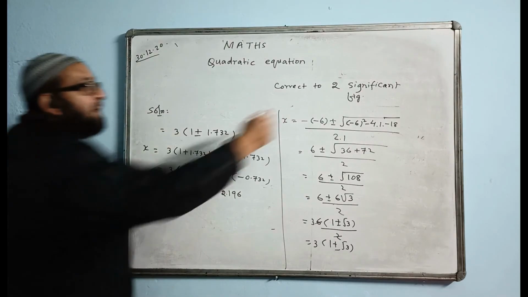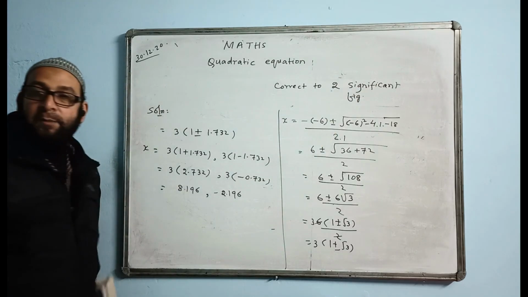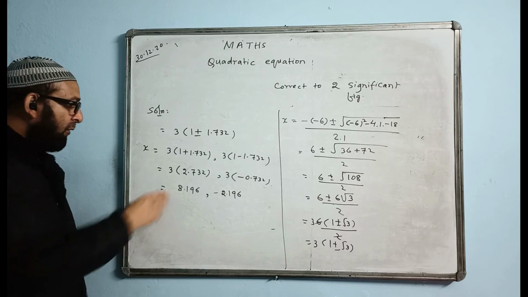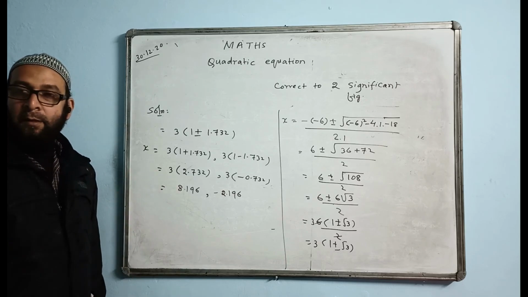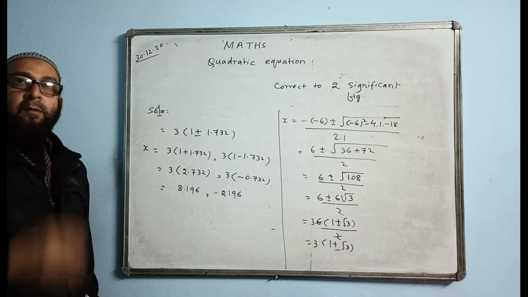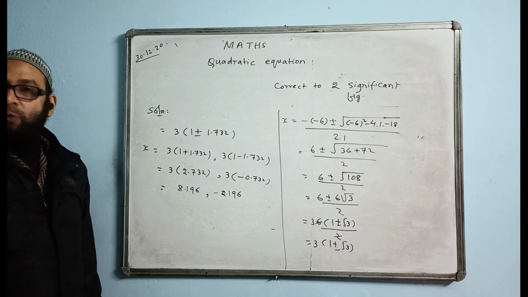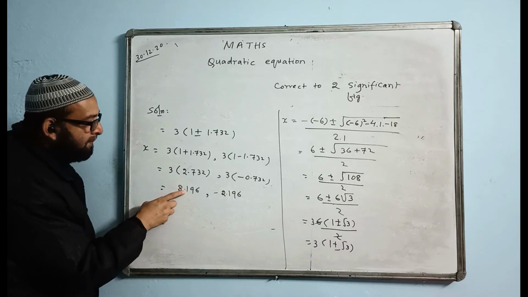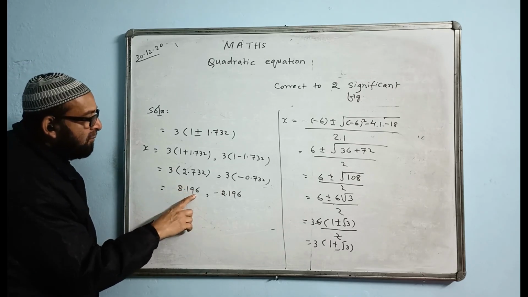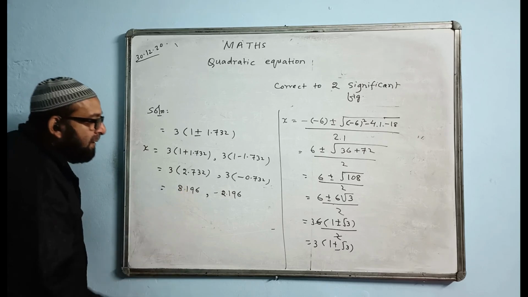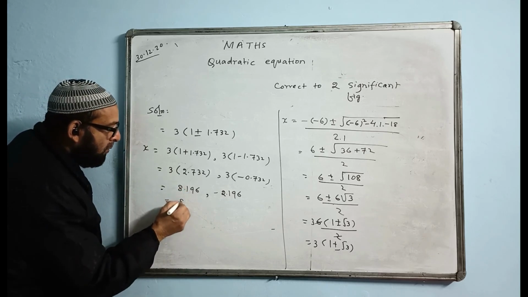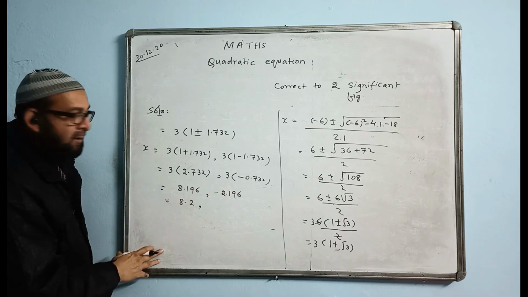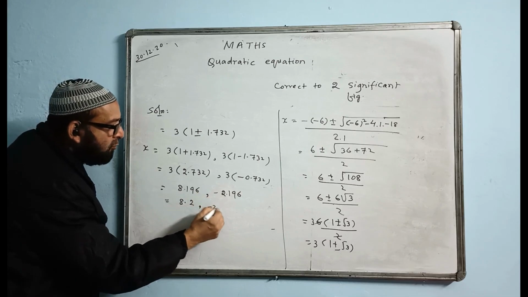Now we have to give the answer in two significant figures. What is the meaning of significant figure? Means all together two figures, starting from the beginning. But beginning zeros are not counted. Then here the significant figure will be 8 point. This is 9, so this will become 2. So we'll add 8.2. 8.2. Two numbers altogether, 1, 2. Two significant figures. Here I'll be writing minus 2.2.